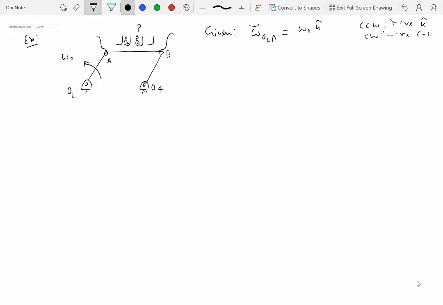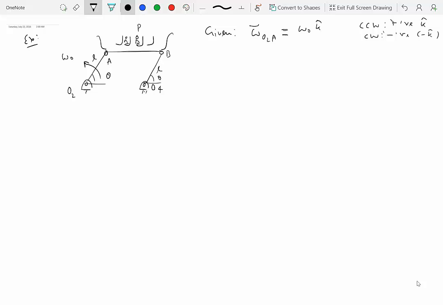So this is not any different from what you have seen before. Okay, so that's negative k hat. So if this was already in the clockwise direction, we would add a minus sign in front of this quantity. Okay. We also know at this instant how O2A is located. Let's say this angle is given to you as theta, right? And this length is L. So because this is a parallelogram, this is also L, and this angle at this instant would also be theta,